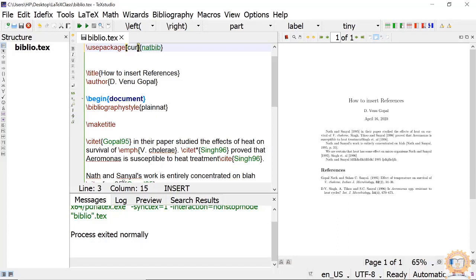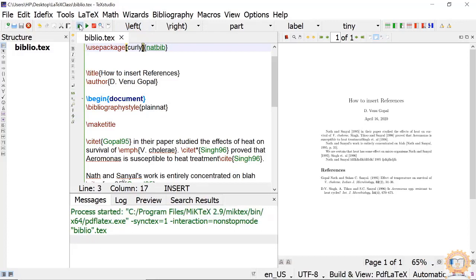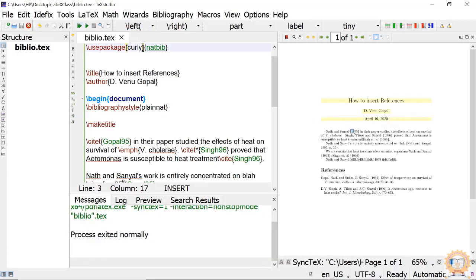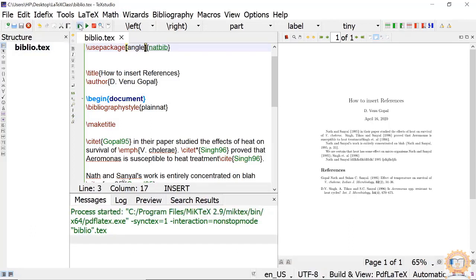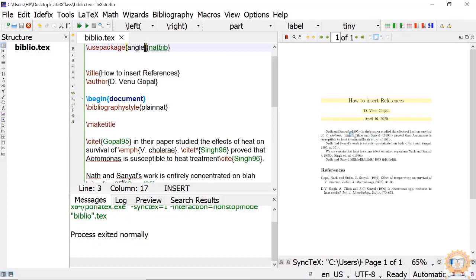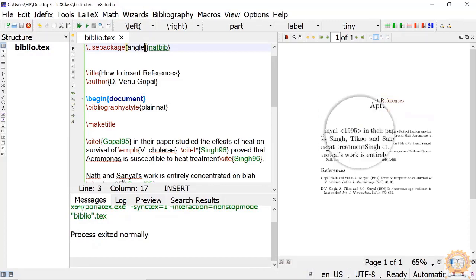If you say curly, the brackets will be in curly brackets. Or if you say angle, you will get angle ones like this. How beautiful it is.